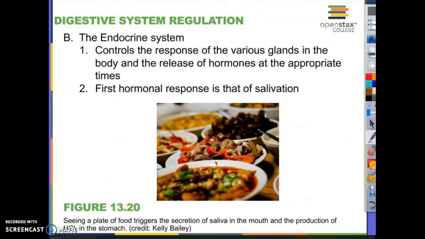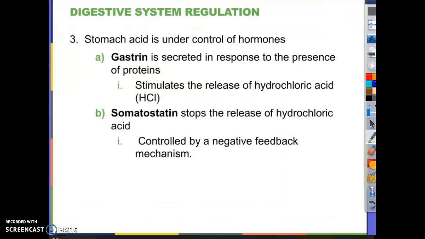And all of our body systems work together. The digestive system works closely with the endocrine system. There's hormonal responses that are important in the digestive system. The first hormonal response is that of producing saliva. Remember, I said sometimes if you think of certain foods, we can get that salivation process started. And we'll finish the last